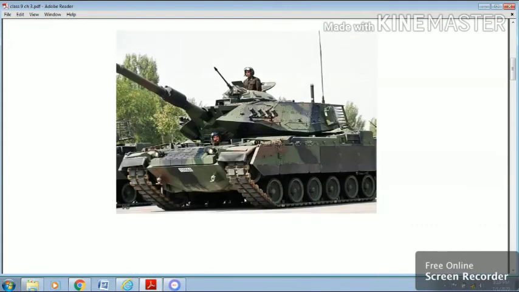The army tank has a large weight. Therefore, to avoid the large pressure on the ground, its weight is distributed throughout the tank. This is done by making the tank run on the steel track, as you can see this steel track, and with the help of this the area of contact of the body with the ground increases, and hence the steel track reduces the pressure on the ground.